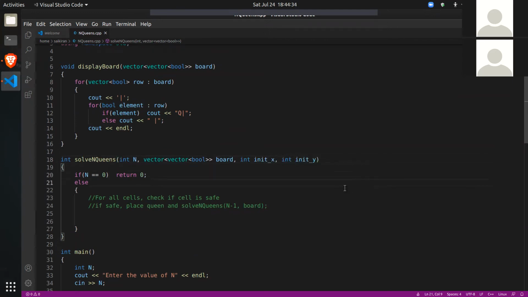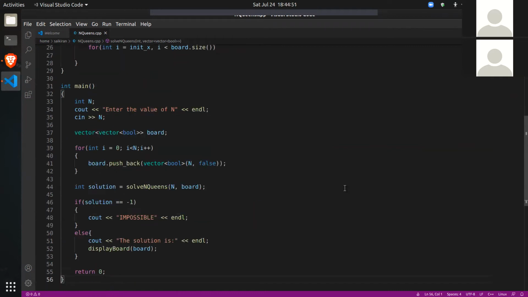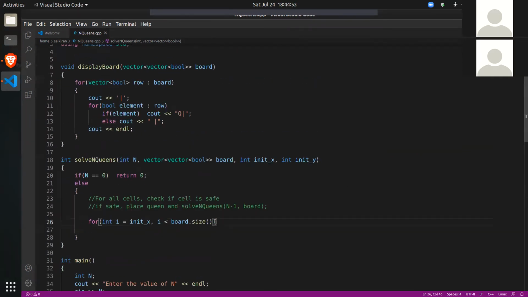So the initial xy positions. Our for loop will start from there. Int i is equal to init x, i less than board dot size. Board dot size will give me the number of rows. It does not give me n square.